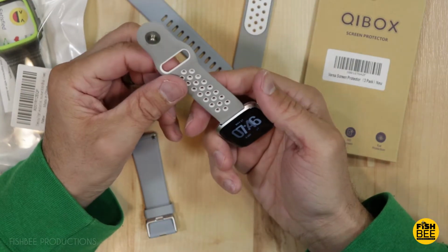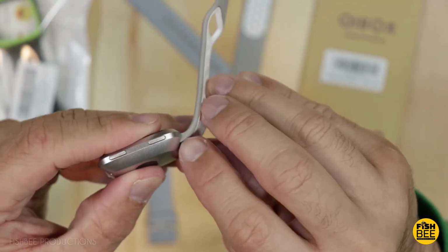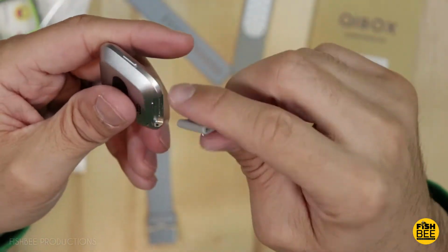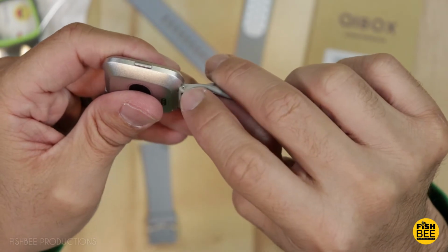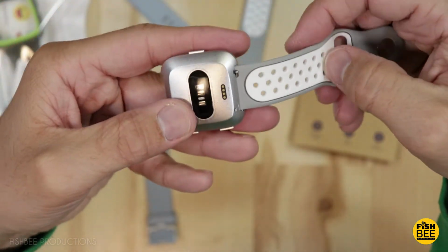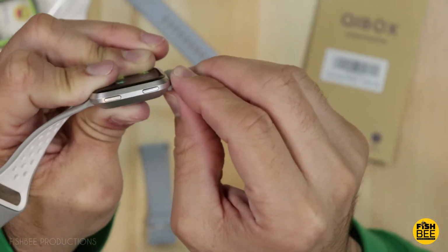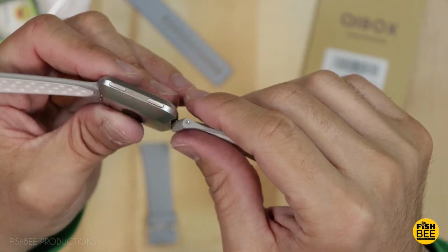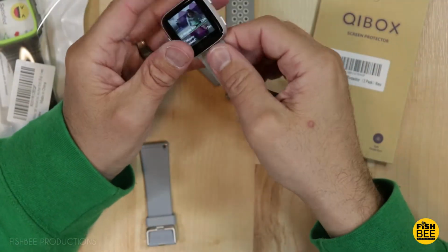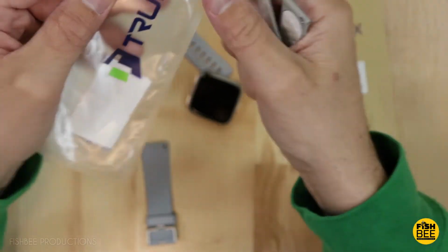Unfortunately, it looks like I've got to return this band because it seems a little defective. Let me try, I wonder if I just put the short one on the other end. So it definitely works on that side. No, this band is not gonna work. Yeah, so this one's definitely defective. Okay, so if you're thinking of getting a band from Tremere,